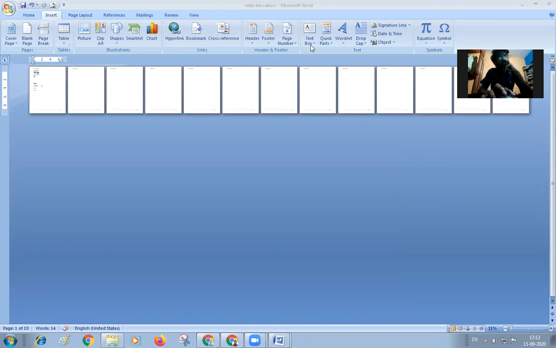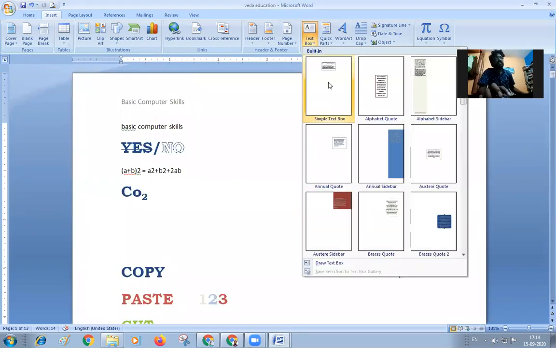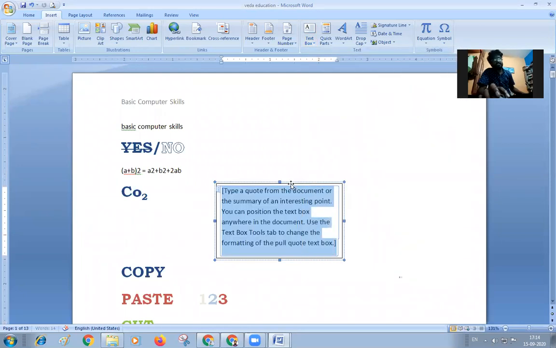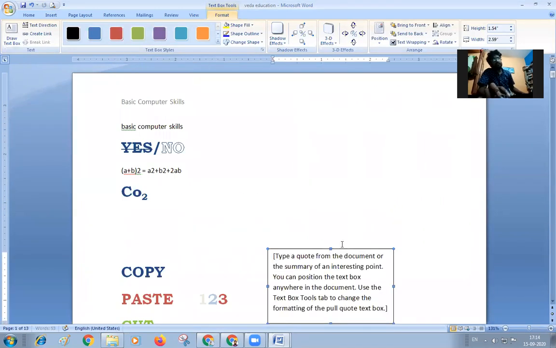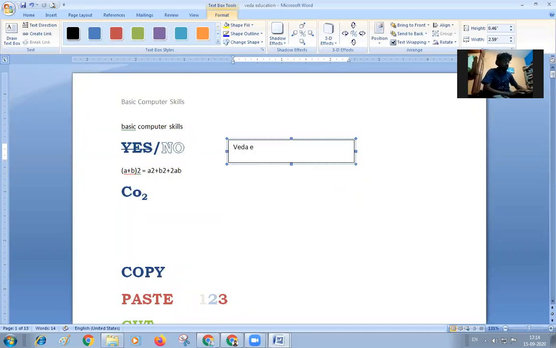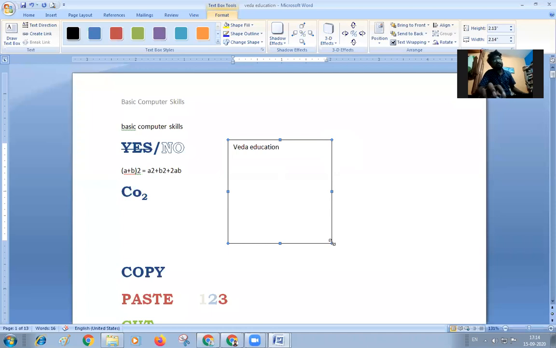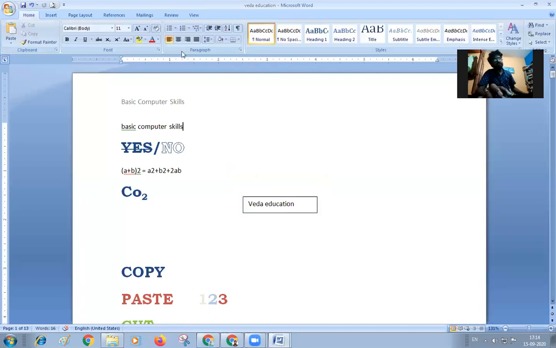Then see this. If you want to insert some text box, you can insert a text box here. You can see the text box styles also. If you are writing some running matter over here and I want to insert a text box here, I can directly select this text box and it will come over here. You can easily move it anywhere. You can move this text box to any place and it will not be a problem, and you can even set your own size. Your own selected text can also be inserted. You can also alter the position, and the length and measurement can also be adjusted.